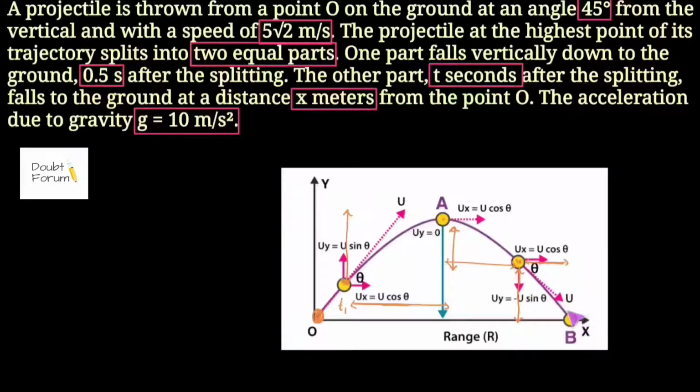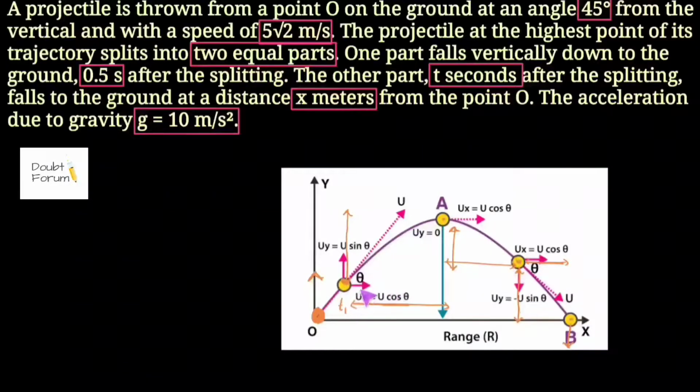And when it touches the ground again, its y component would be equal to the initial y component of the velocity, but the direction would be different. Earlier, when this projectile started its motion, its direction was in the plus y direction, but the moment it hits the ground, its y component would be in the minus y direction, but the magnitude would remain same.